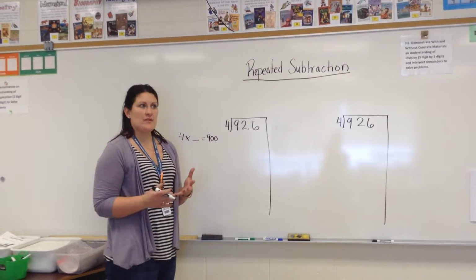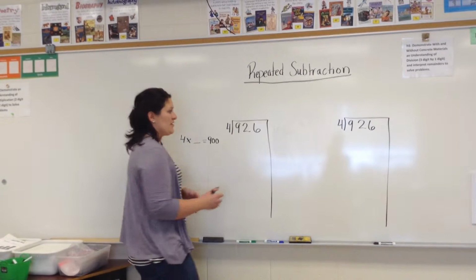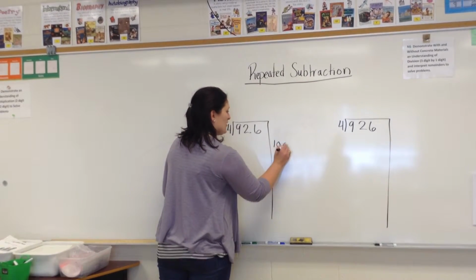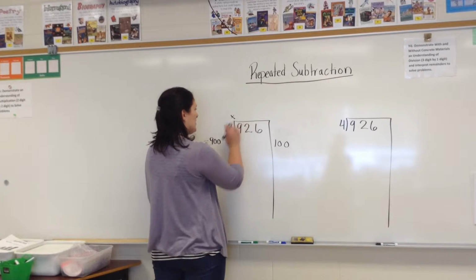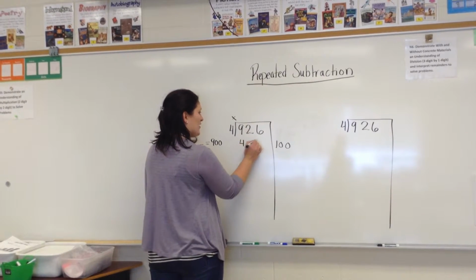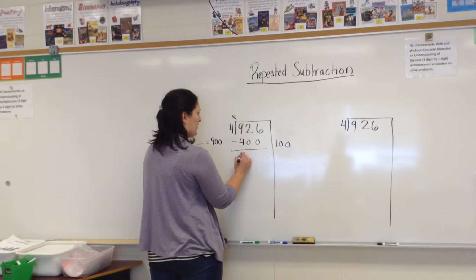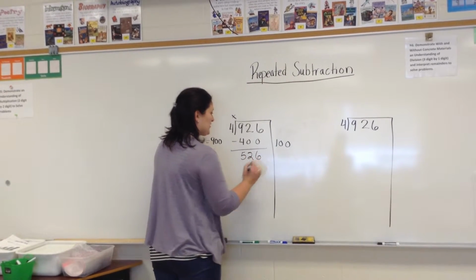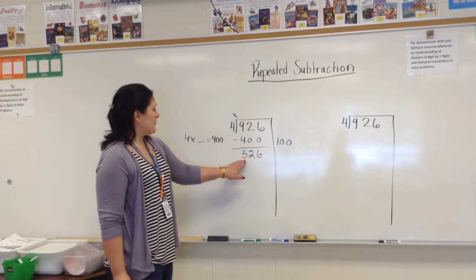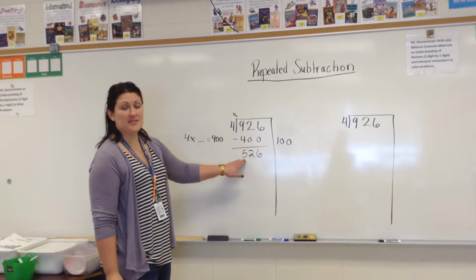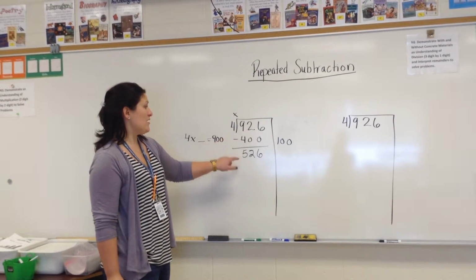And if we can only think about 4 times 100, I start there. So I put my 100 over here. I think about 100 times 4 is 400. So I take that away from my whole number, and I'm left with 526. So the number in the hundreds now is still bigger than our divisor, so I know that I can